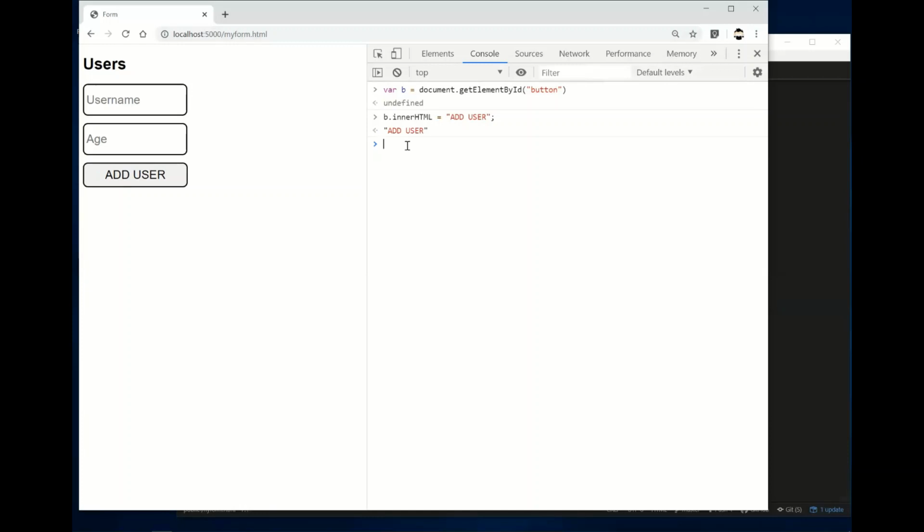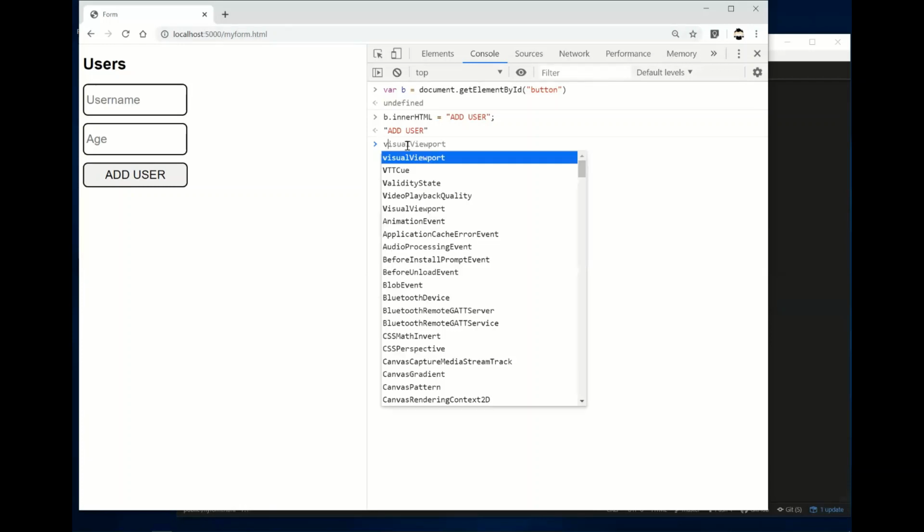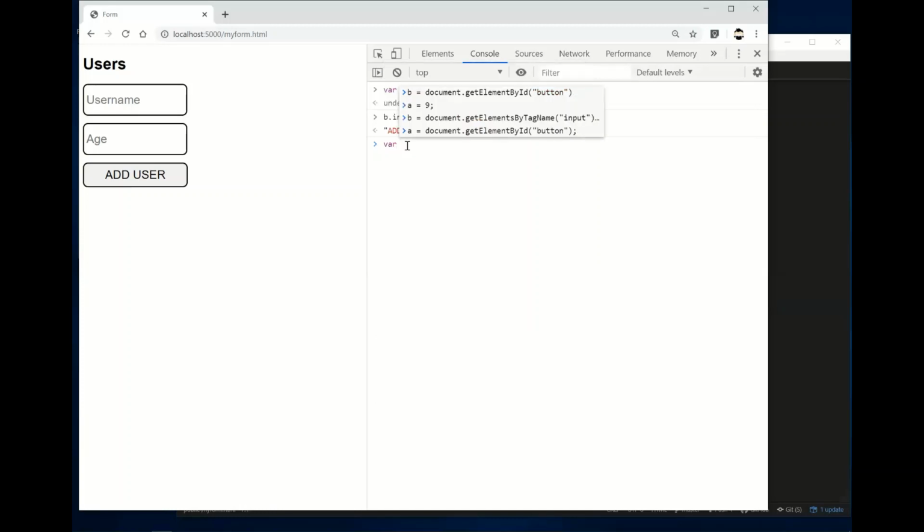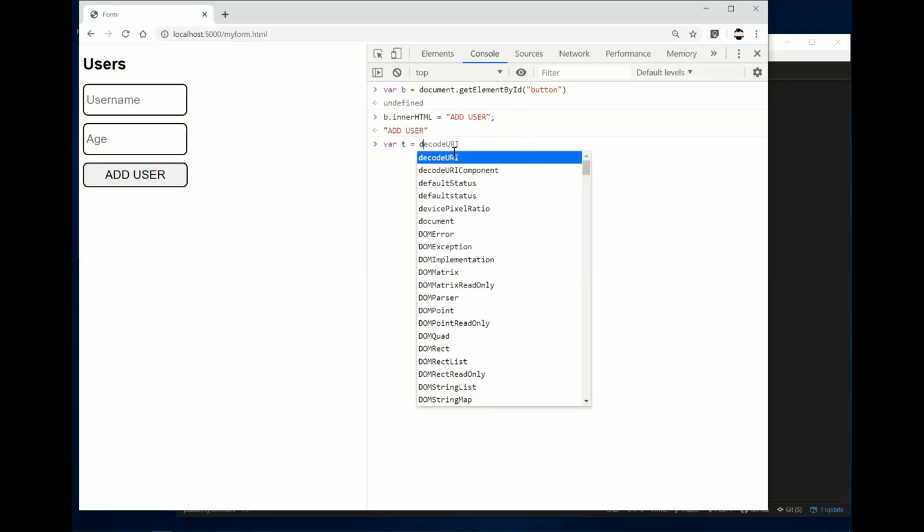So let me just show you another way that we can grab some information from the HTML. Let's say we do var, and let's call this t. I'm not very descriptive with my variables, I apologize, but I want to name a variable t, and t is going to be document